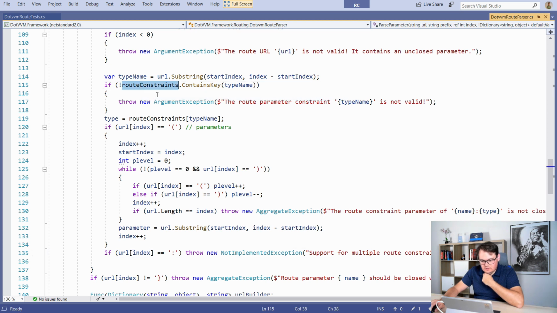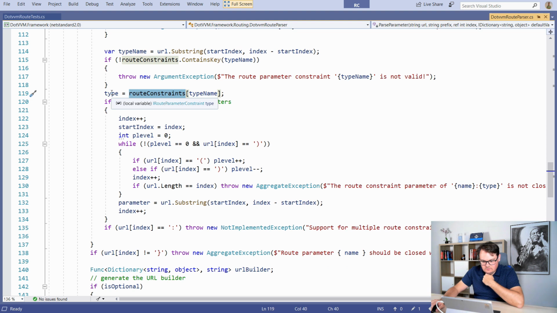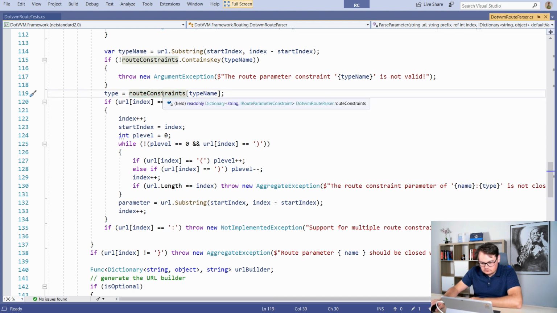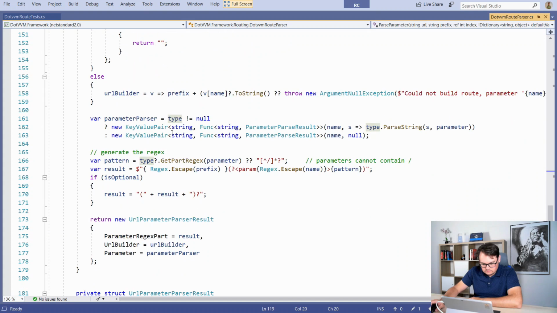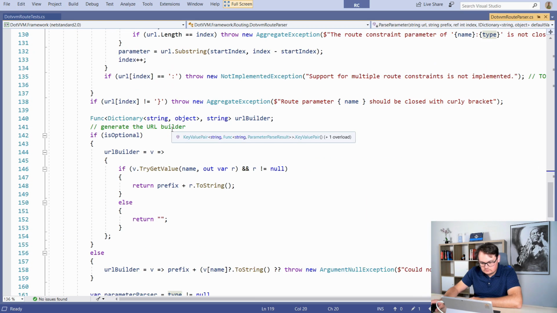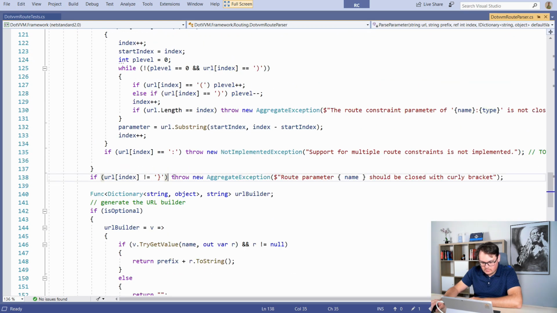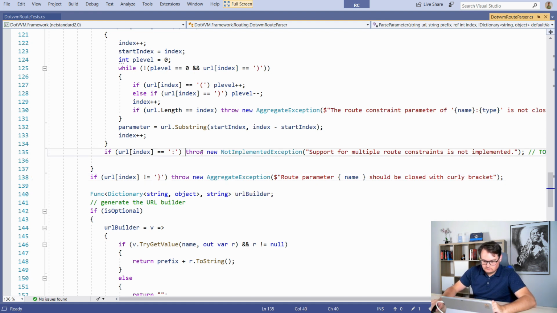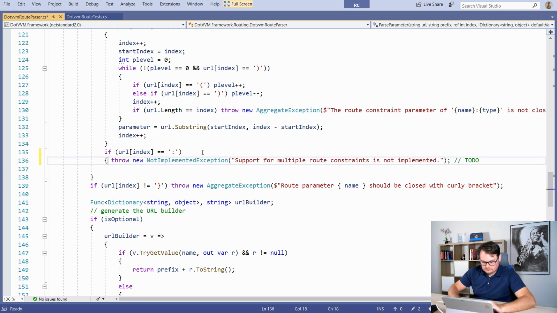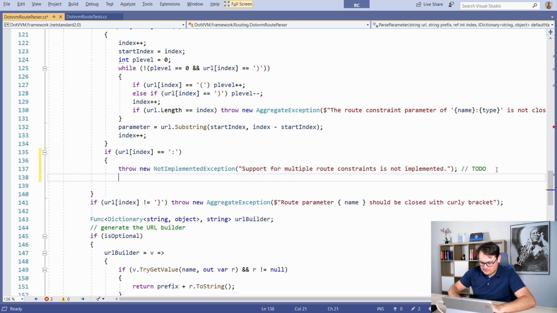Okay, so route constraints. We will find the type. Okay. Okay, so this is the place we should